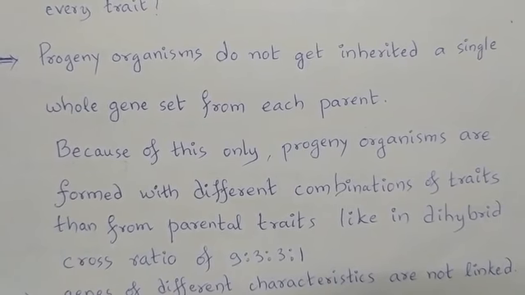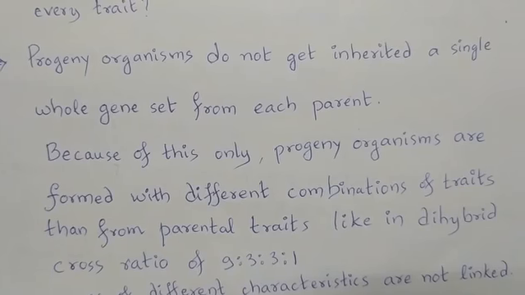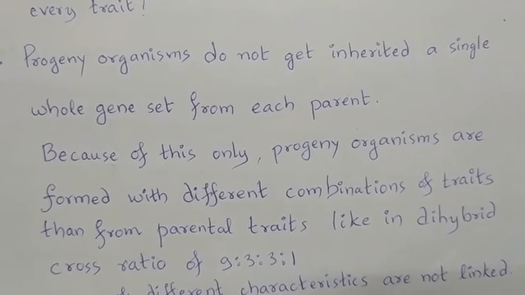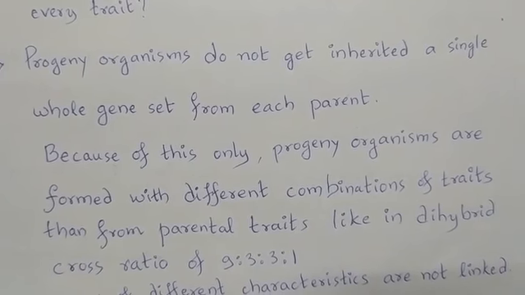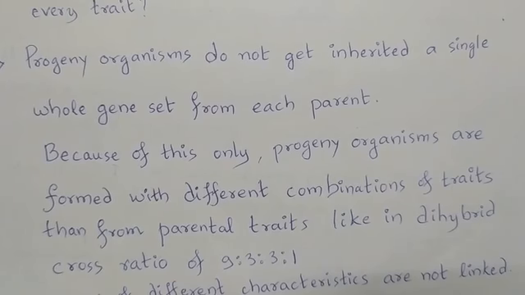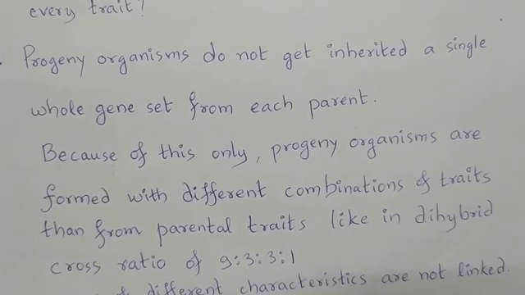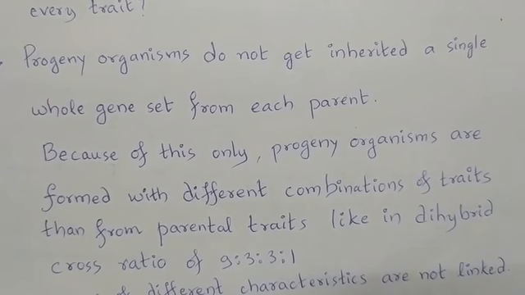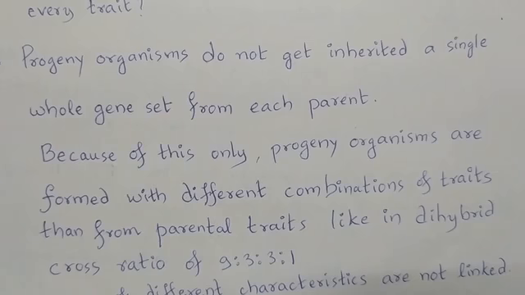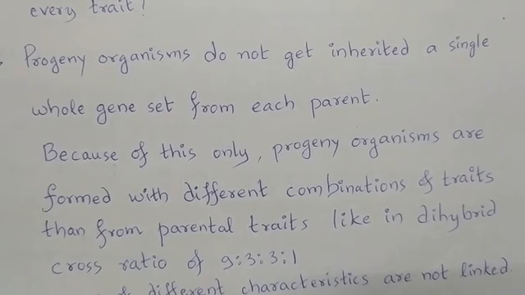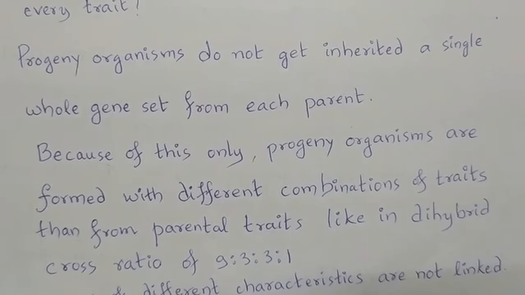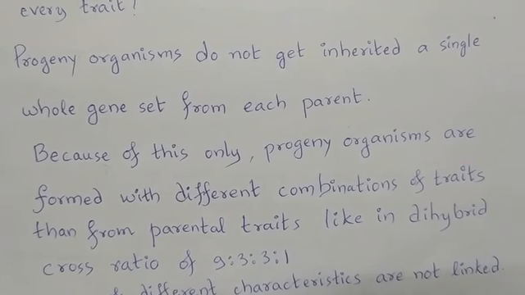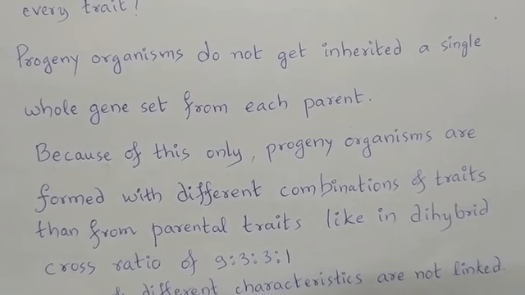If a single set of genes arrived in progeny organisms by inheritance, only two combinations of traits would be possible in every species. But multiple combinations of traits are seen in organisms of the same population or species, because